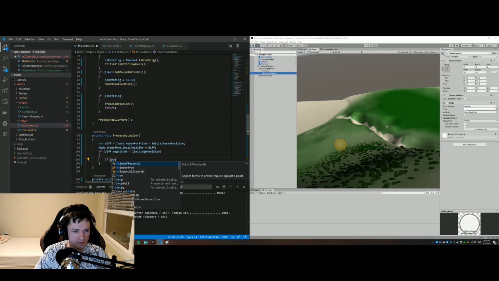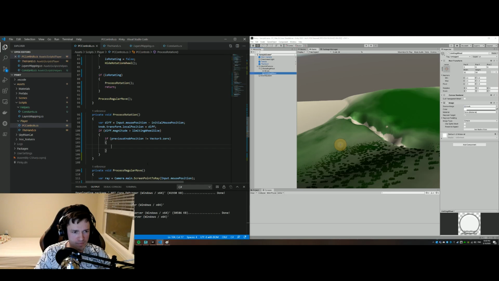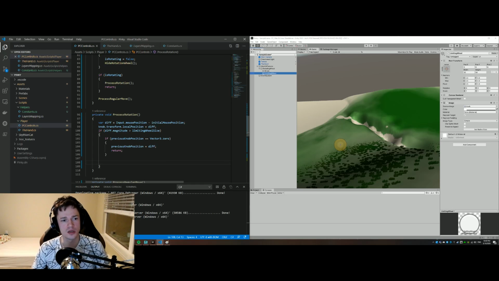If previous knob position is not equal to vector3.0, it's okay. If it's equal, then it will be, and return. But then, if it's not,